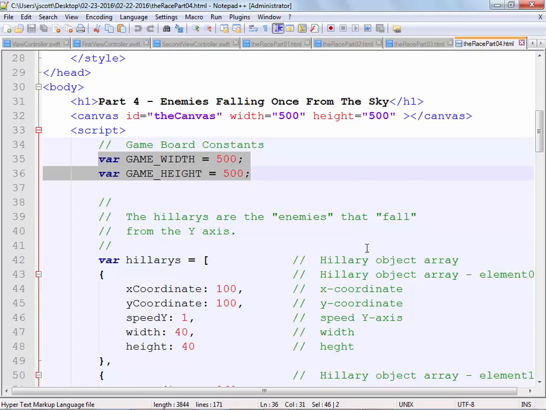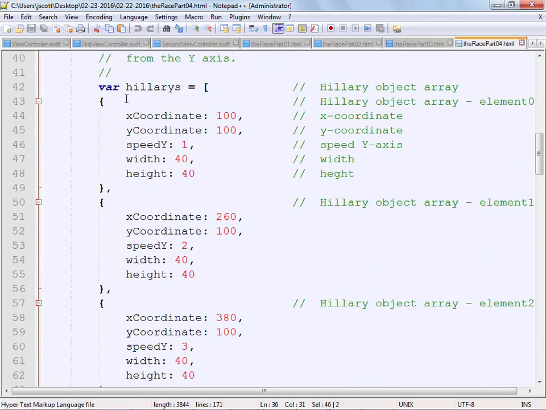All right? So now we're coming in here and we're creating an array. And it's basically an array of objects. So each one of these Hillaries, these are the Hillaries that are going to eventually fall from the sky. Each one of them has an x coordinate and a y coordinate, so that's their start values. It's got an initial speed, and it's got a size, a width and a height.